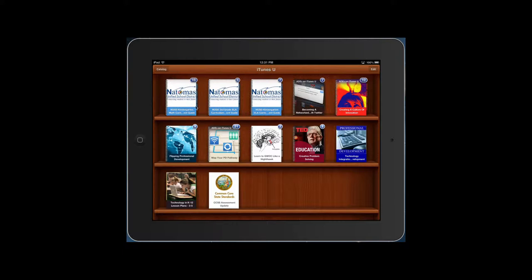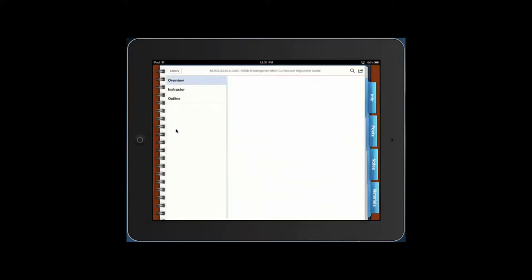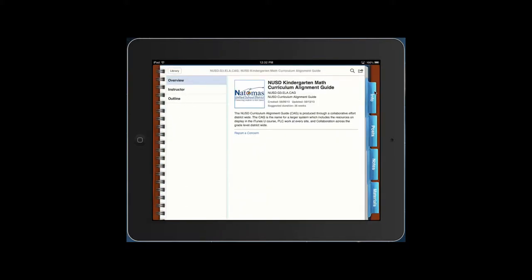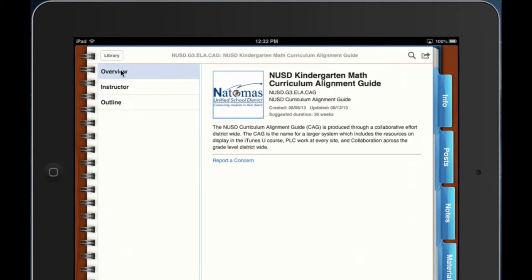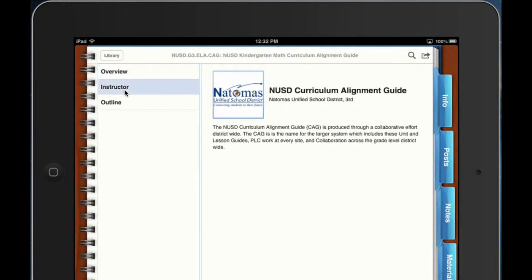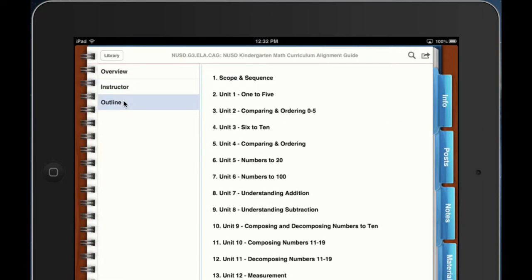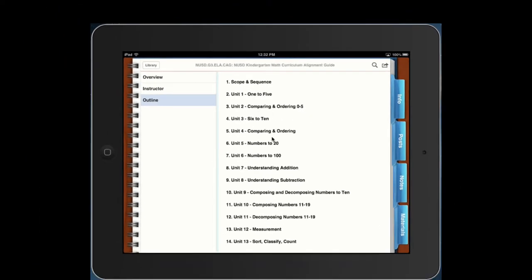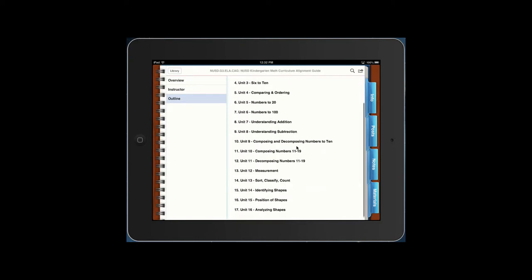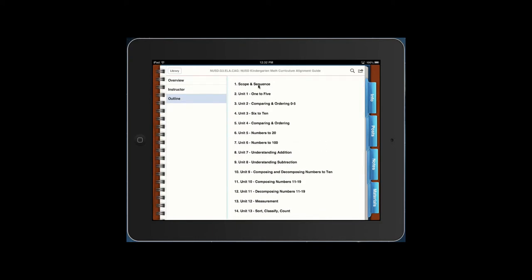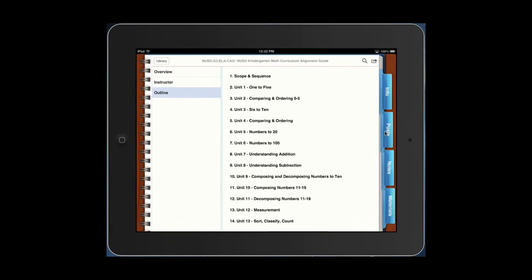So let's figure out how to launch a CAG. All you have to do is tap on it and it should open up. So once it opens up, there are tabs down the right, and there are highlights here that we can tap on. So let's first, on the first tab here, Info tab, see what it says. This is the overview page. The next one down is the instructor, and the next one down is the outline. The outline's important because this is where you'll see, by scrolling up and down, all the units that we have to offer. So where are these units? Over here in the Postings tab,